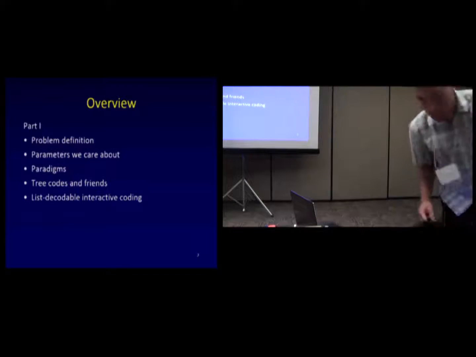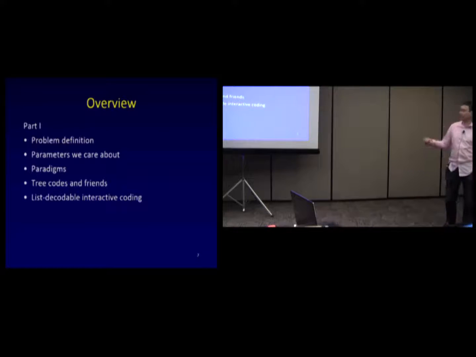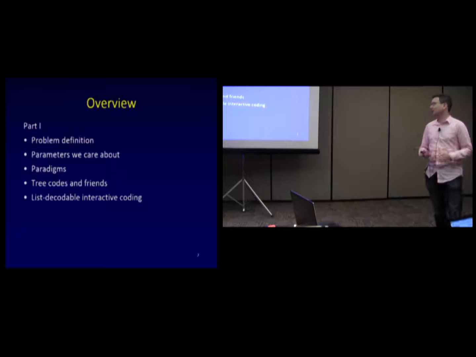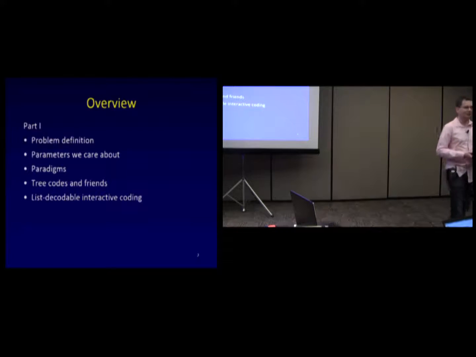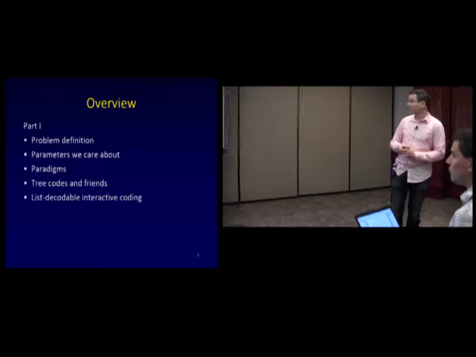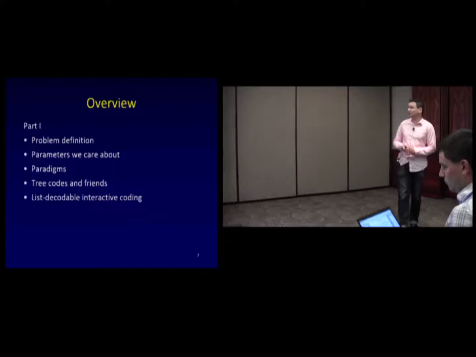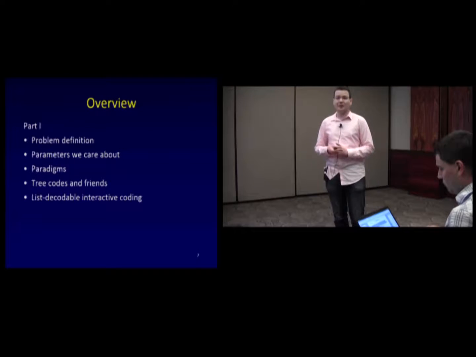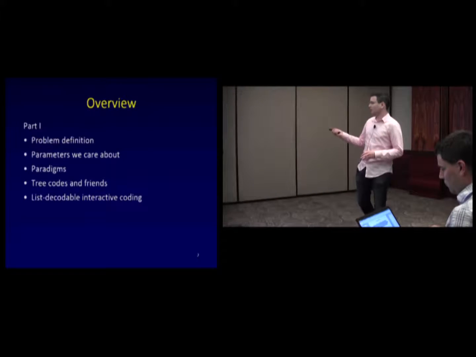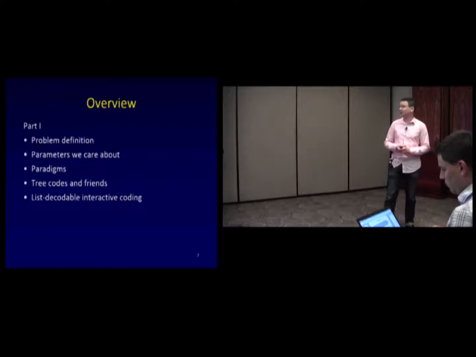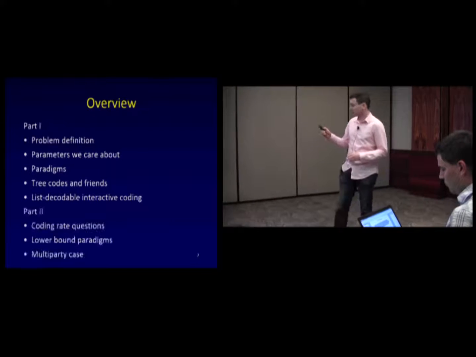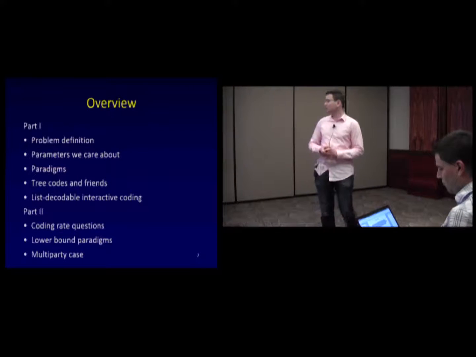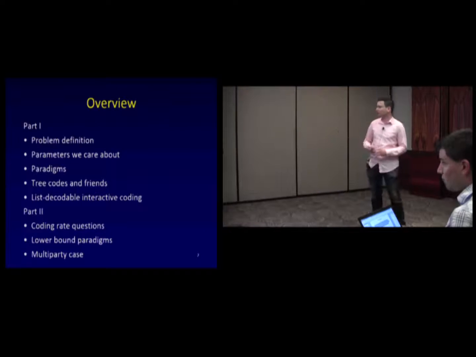So, just an overview of the plan for today. We'll define the problem. One of the annoying things about it is that there are many parameters to keep track of, so we'll try to break those down. Then we'll discuss some solution paradigms and wrap up the first half by talking about list decoding in the context of interactive coding. And then Bernard will talk about